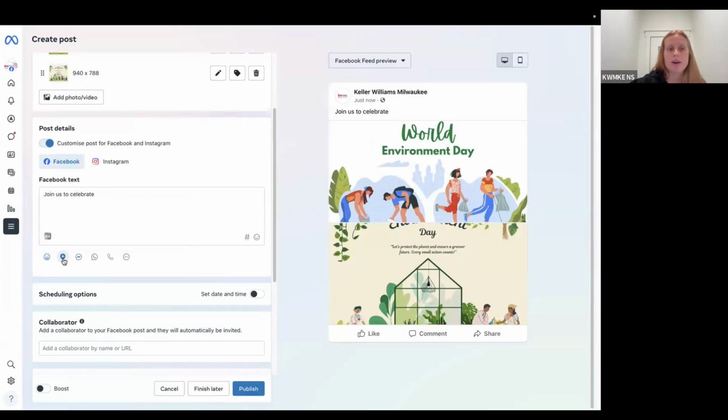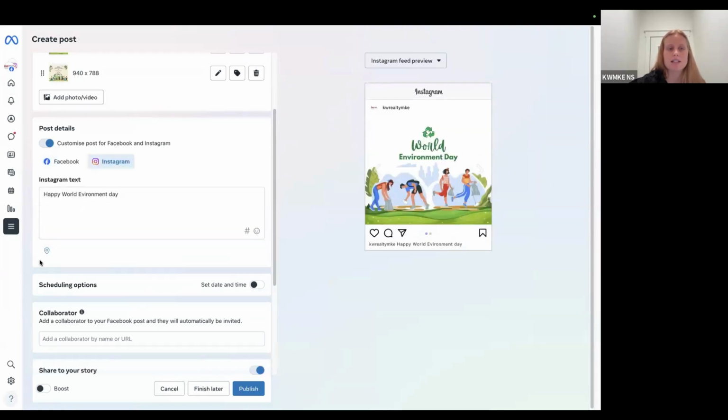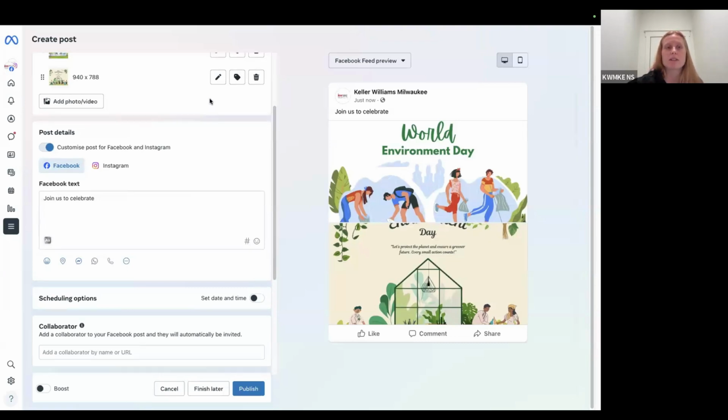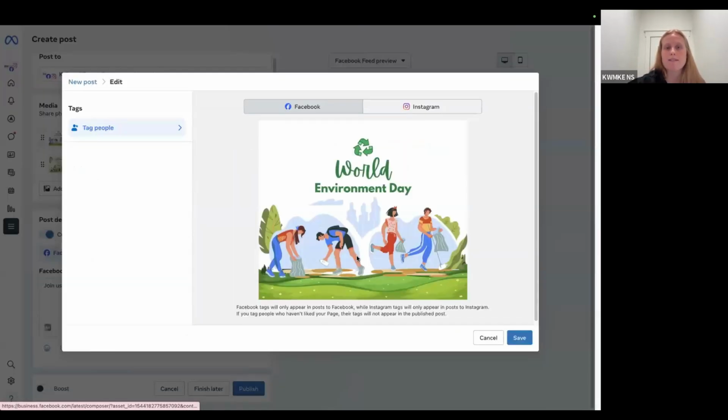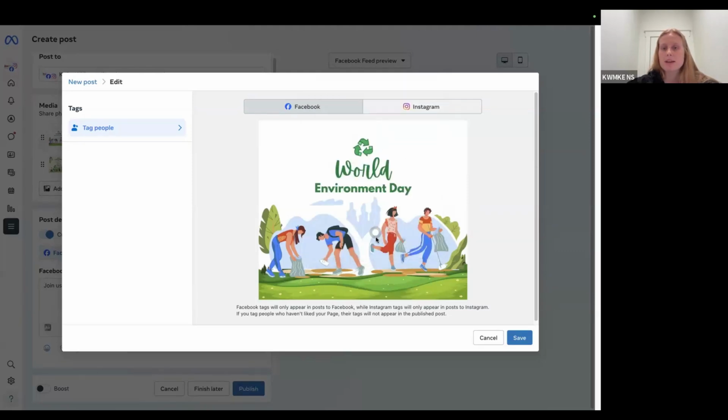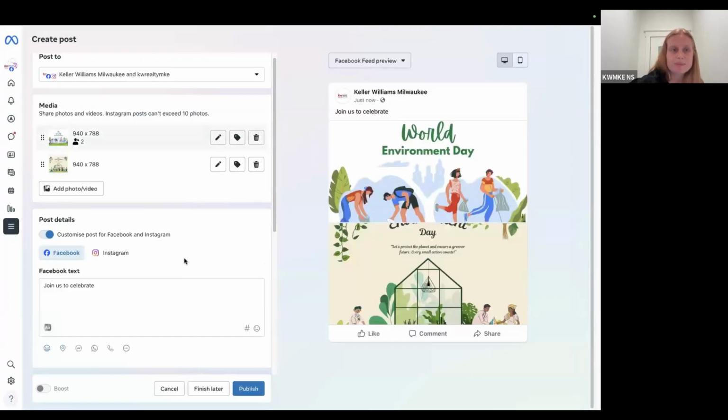Again, on Facebook, you have more options to add like location and activity versus Instagram, it's just location. It's also important to keep in mind if you're tagging people, it changes a little differently. I can go up here. My Facebook is different than my Instagram name. Let's see if it'll, yeah, my Facebook is Madeleine Ellegard, but my Instagram handle is different. So if you're tagging people, just make sure that you're getting both their Instagram and their Facebook usernames because they will be different.